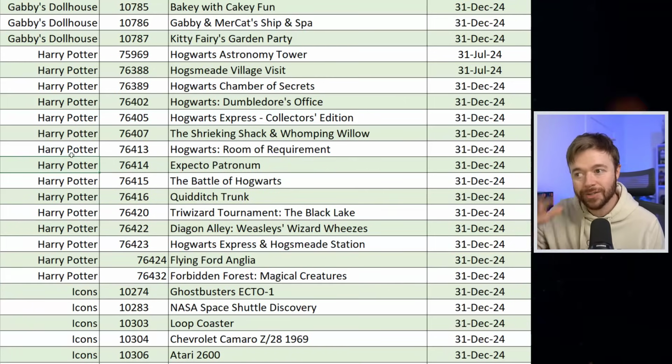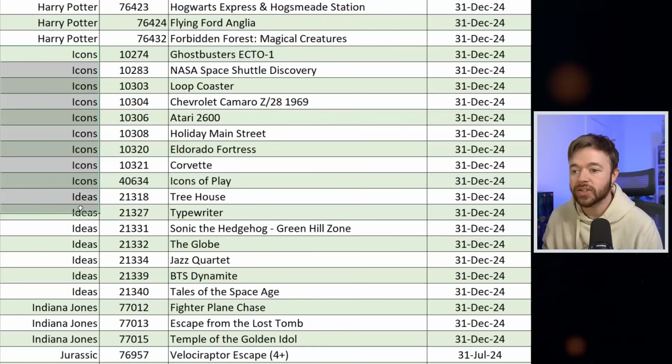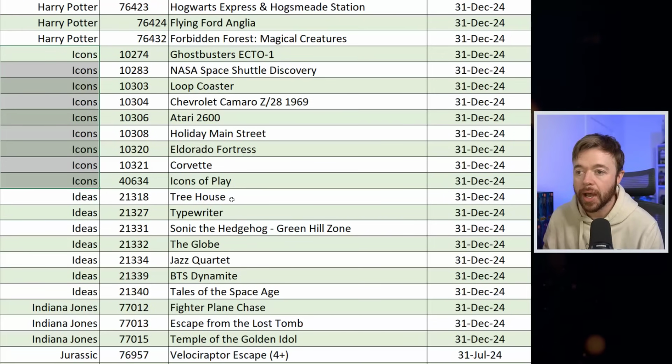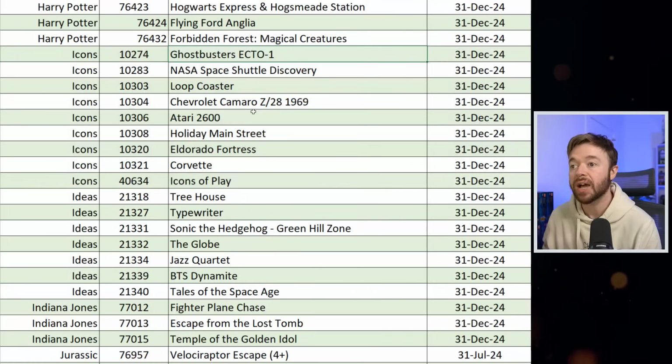I don't know yet, because I'm going to research every single one of them and add certain ones to my hit list. Next up, we have the Lego Icons sets. Now, in Icons, we have 9 different sets retiring this year, and this is some of the more expensive Lego sets, of course. We have the Ghostbusters